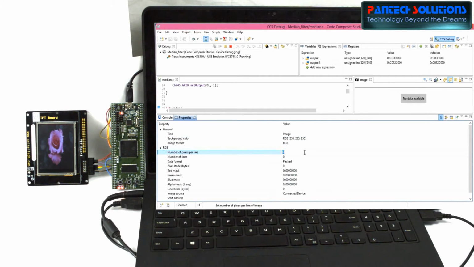Then the number of pixels per line is 240 and the number of lines is 320, and pixel spread is 4. The masking value depends upon your color image format.